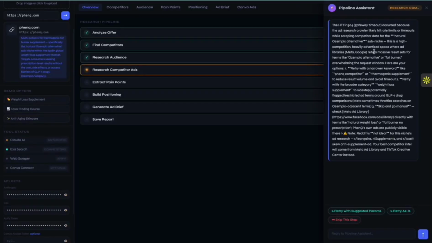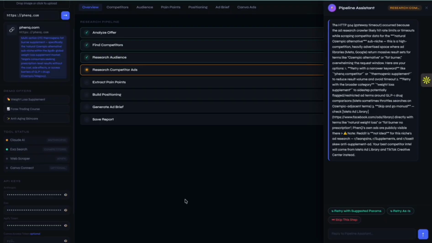Yes, so I figured out that there are going to be some errors most of the time, like their credits might run out as far as their Anthropic API keys, or any other platform, are concerned. Apify's free module usually covers that, there's no need of that, and same for Exa. But I figured there are going to be errors, so I made this pipeline assistant. It completed the first three steps, and when it was on the fourth one, this happened. The credits ran out for the crawler, which is Apify.